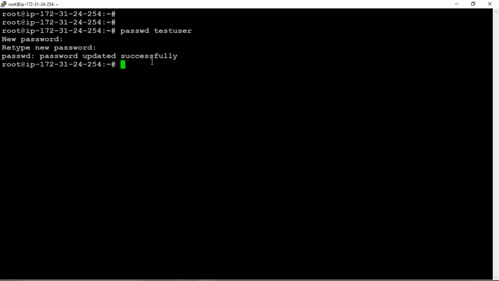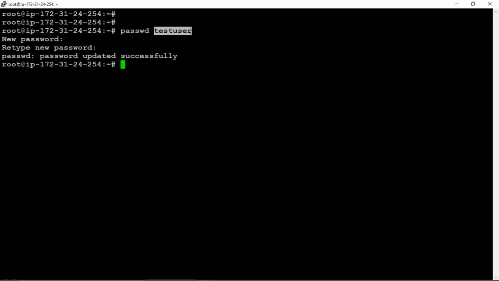Done. Now from this created user, I want to log in with another PuTTY. Suppose I am the root and you are the user. I have just given credentials to you, so you are the test user and I am the root. I have just created you in my admin group, so now you need to check whether this user is working fine or not.